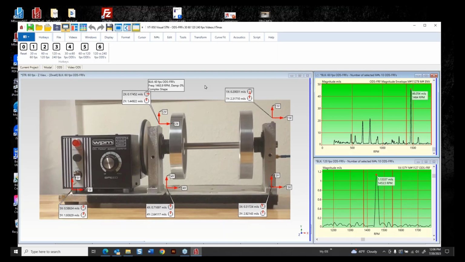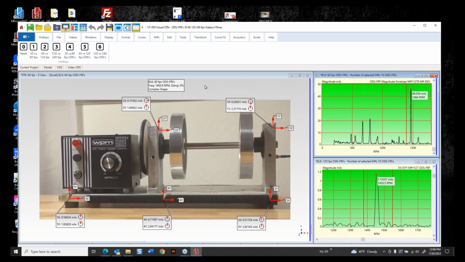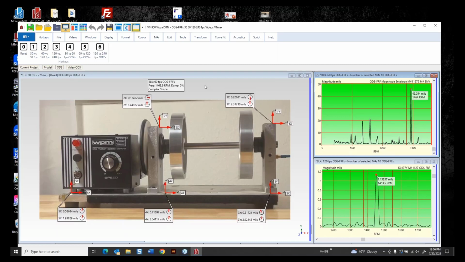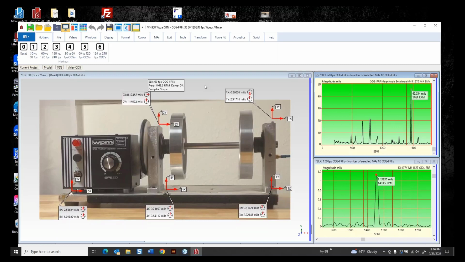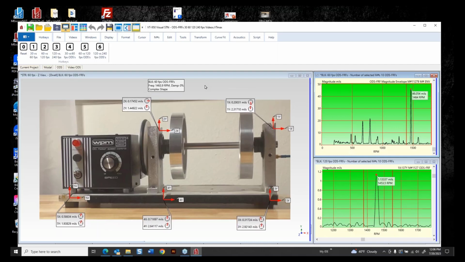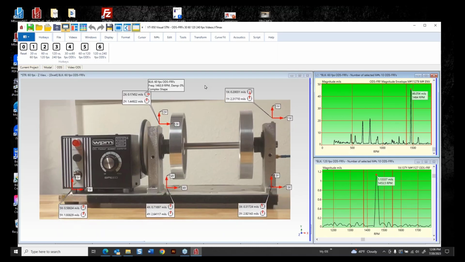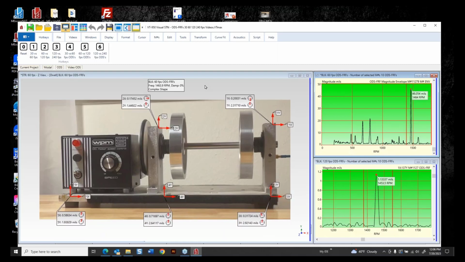But you can remove all the background motion from the video, and what it does is take the background motion and subtract it from the motion of the part that you're interested in, the test article. So you get a much more accurate result, and we've done testing with that, and that works pretty well. But there's no substitute for